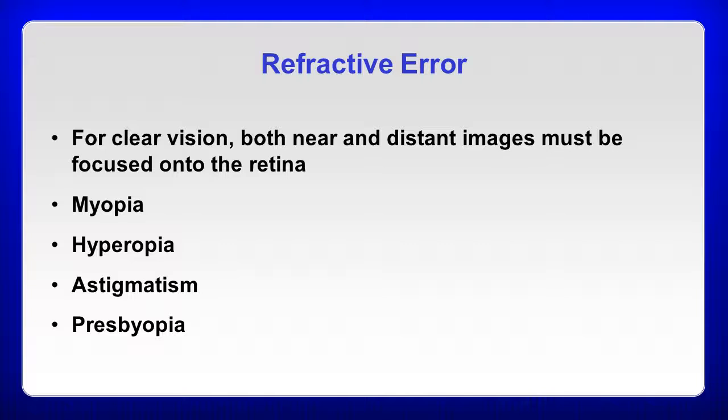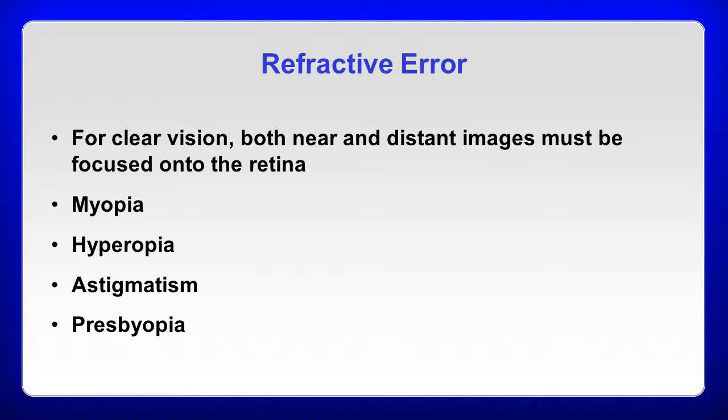So we had talked about in the beginning of this, in the in-class lecture, about how the different structures work and what they're responsible for. So that image needs to be focused on the retina, and then that image gets transmitted to the brain via the optic nerve. Well, typically this involves the shape of the eye basically being changed, that's what causes any of these various